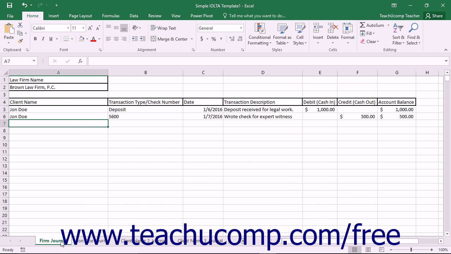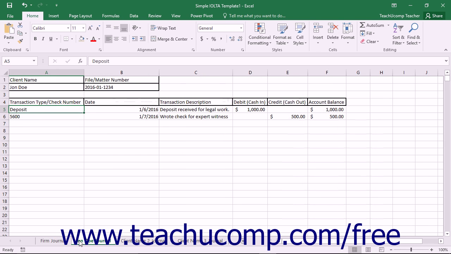Within these worksheets, you will record all IOLTA transactions into the appropriate ledgers as they occur. Note that every transaction that occurs within an IOLTA account must be recorded into the Firm Journal worksheet. For each client's transaction, the transaction should be recorded into the Firm Journal as well as the Client Journal for the selected client. Each client for whom you hold funds in the IOLTA account should have their own Client Journal